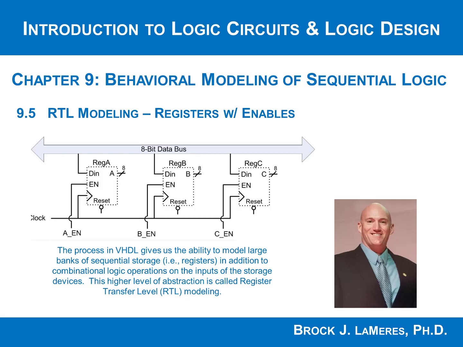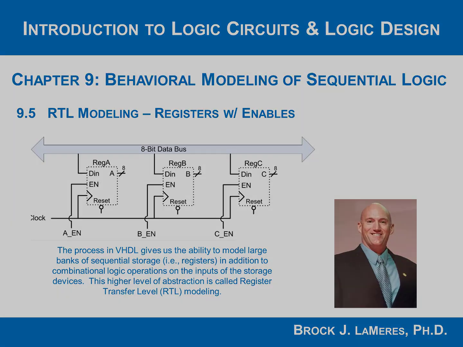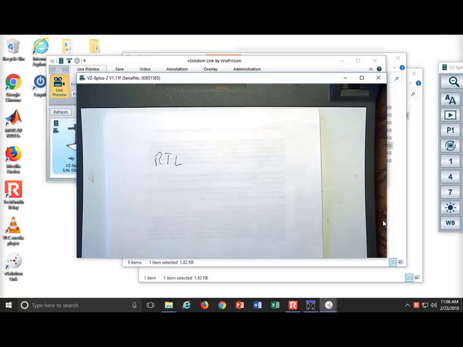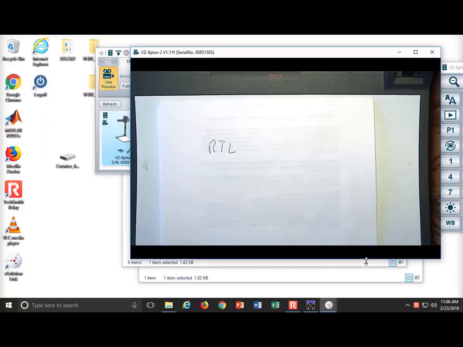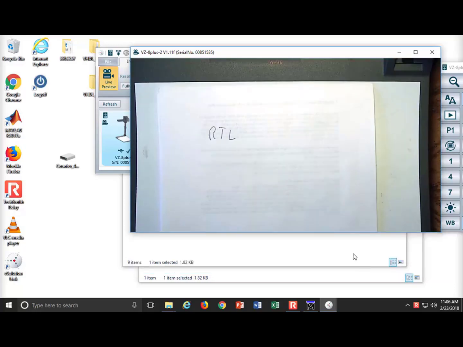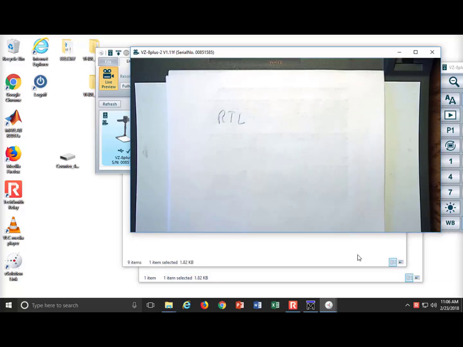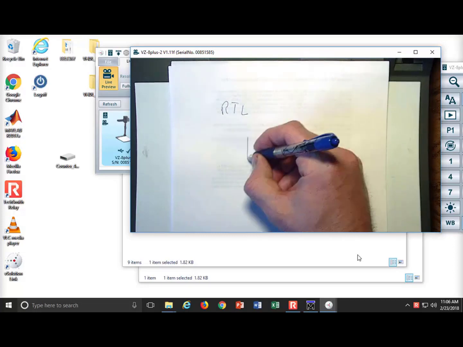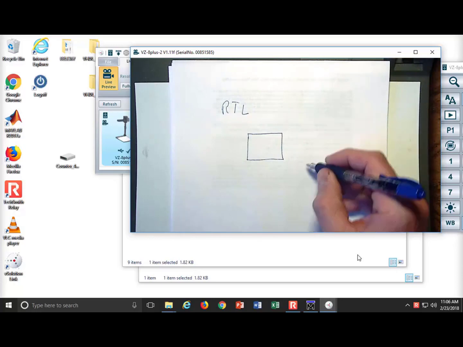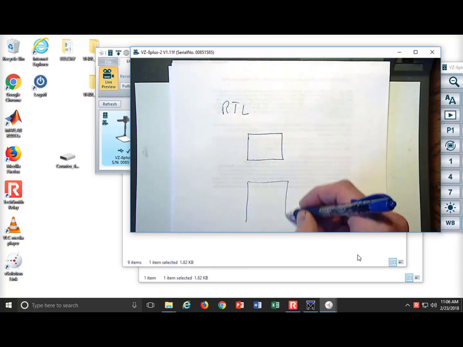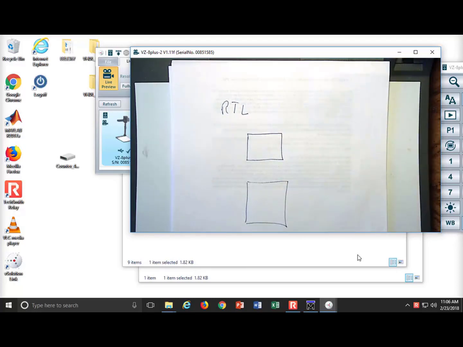Another very popular modeling technique in VHDL, and in fact, one of the most popular modeling techniques, is what we refer to as register transfer level modeling. What we do in register transfer level, or RTL for short, is we tend to model movement between large parallel blocks of data between systems, using this whole model of a process that looks like a series of D